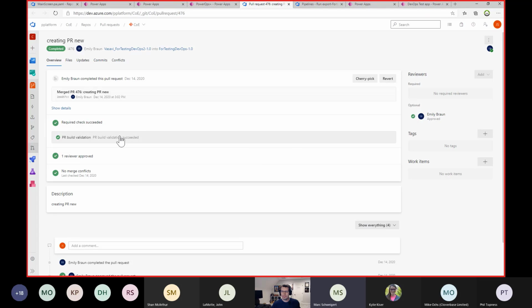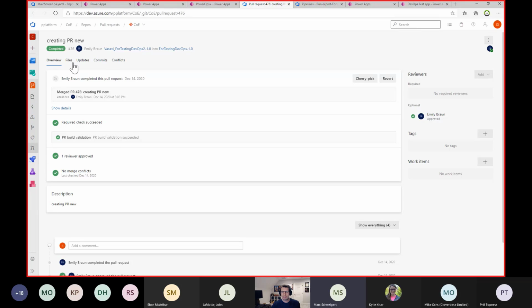But one of the things you'll notice is when we submit a pull request, we run a build, which means we take everything that's in source control, we pack it back into a solution, and we attempt to import it into an environment to ensure that the managed solution will build. We then plan on showing examples of how to do things like run unit tests for plugins, use the Canvas test automation to execute tests over Canvas, and use things like Easy Repro to execute tests over model-driven apps, etc. And this is where you would validate that the work the person who's submitting the code for review is good, right?